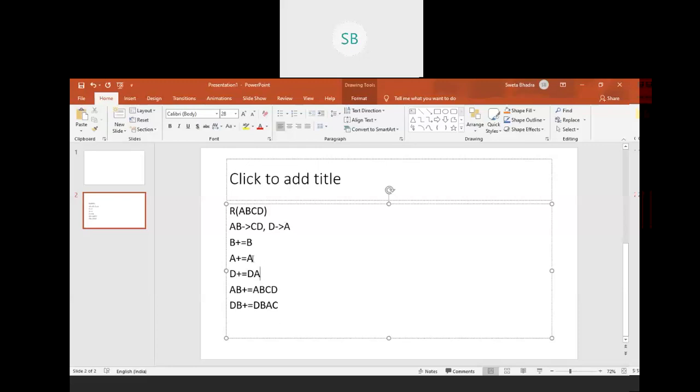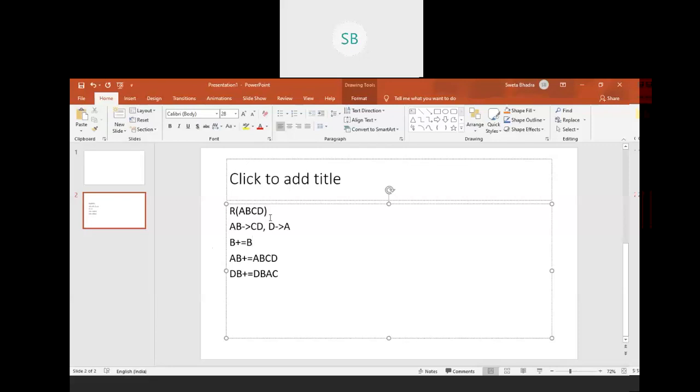But here, always remember, we don't have to go through so many large steps. Always remember that if any attribute is not determined by any other functional dependency, you can see B is not present on the right hand side, that means B will be present in your candidate key. If you find the B closure, you get only B. So you are not able to determine the other attributes. And a candidate key is something which is able to determine all the other attributes, that is A, C, D.